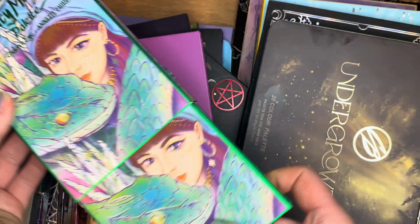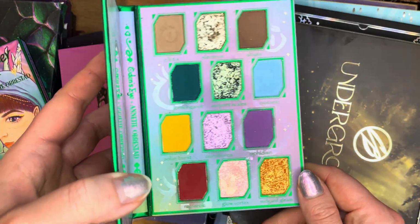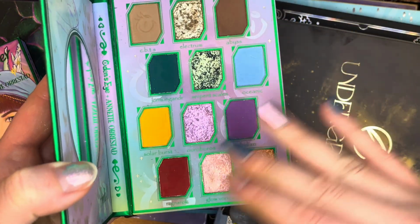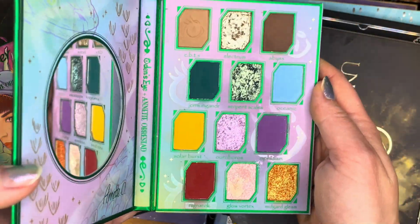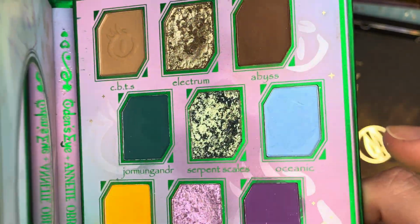Then we have this Mighty Monster palette by Udens Eye in collaboration with Annette Oberstadt. This is one of their legendary Diversa collection palettes. And you have this cool toned green, some really nice warm tones, some really nice cool tones, neutrals. This palette kind of has it all. But this shade called Serpent Scales, I am sorry,